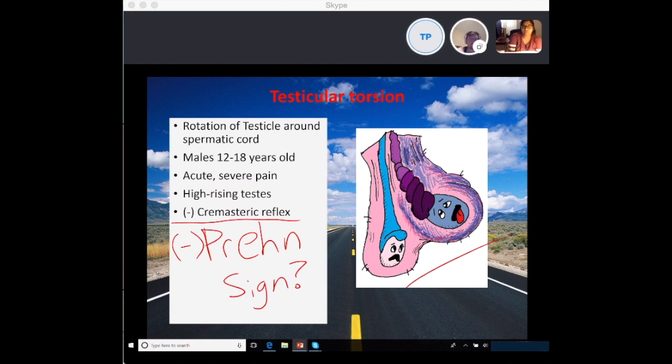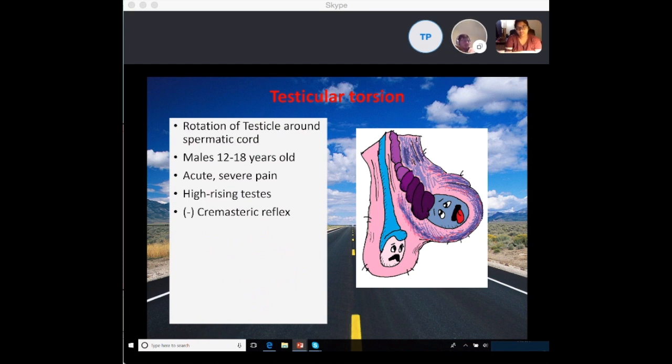Correct. So I don't think that's in first aid. I don't even know if epididymitis is in first aid, but I saw it on my UWorld notes when I was looking at it today. So,